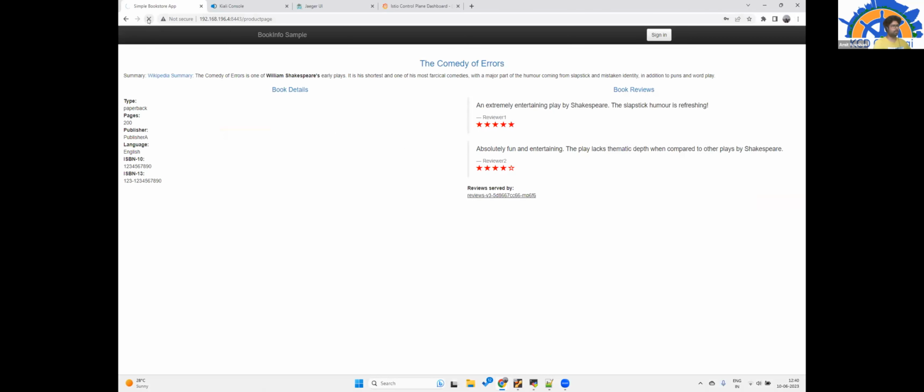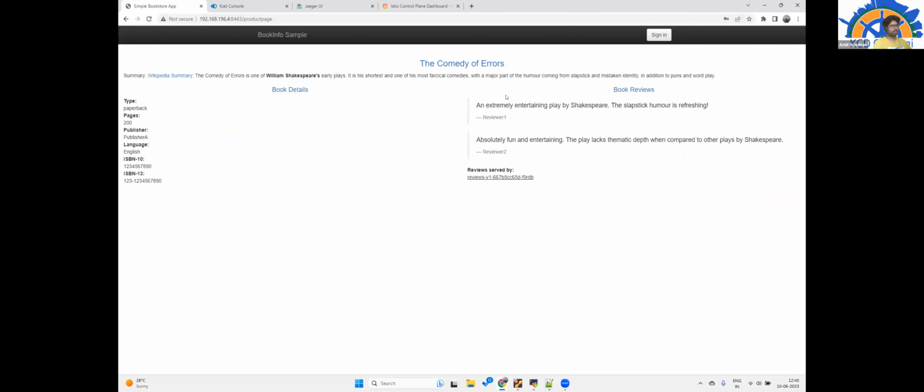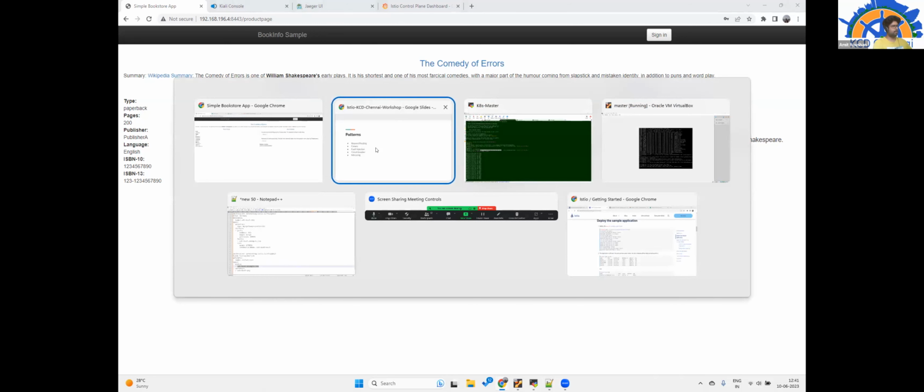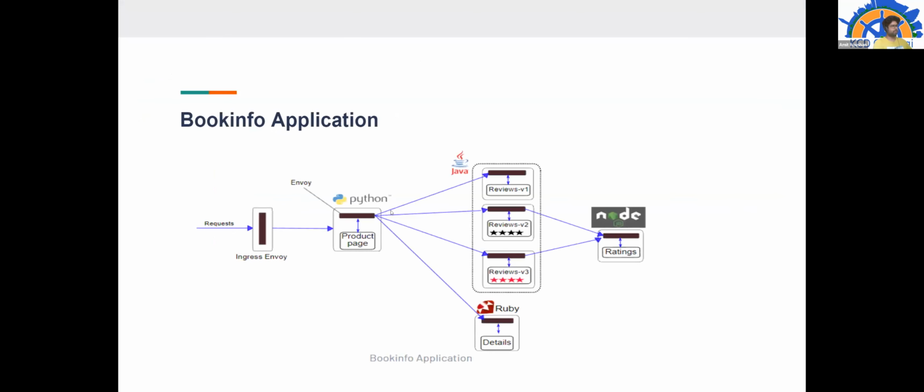Like if you see now, I can connect, and each and every time I refresh it, the responses are served by different microservices. I hope you guys remember this application. All the reviews are being served from these three microservices, the same microservice with different versions. This one will not have ratings. These two will have ratings, and the rating is based on color coding, either black or red. That defines the version, either V2 or V3.